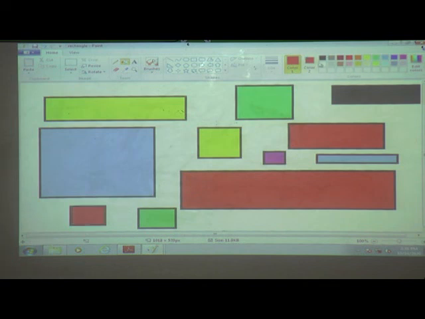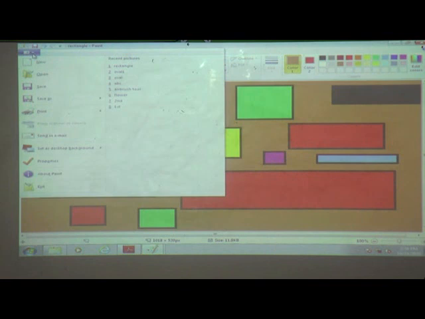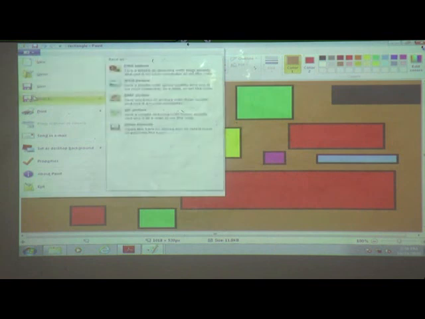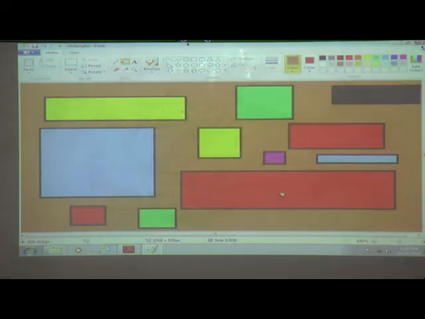We can give color to the background also. Clear? How to save it? Click on the paint button and then save as. Why save as? Because this file is already saved. Then we will take save as, rectangle 1. Till here, clear everyone? The remaining part we will see afterwards.